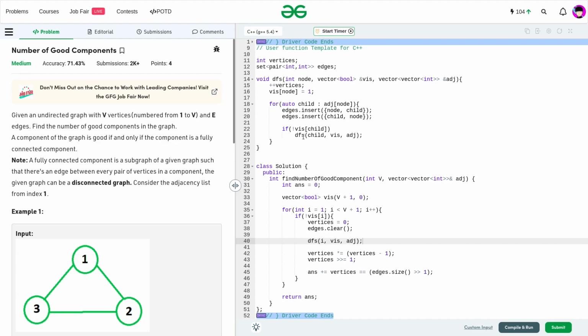So let us quickly start with today's video, and in this video we are going to discuss the Geeks for Geeks problem of the day, and today's problem is number of good components, and it is a medium level problem. So this problem says that we have been given an undirected graph with V vertices and E edges, right? And it says a component of the graph is good if and only if the component is a fully connected component. So by fully connected they mean that there is an edge between each and every vertex of that particular graph, right? So this is our question, and they want us to tell how many such fully connected components exist